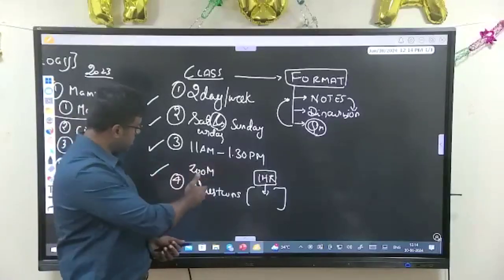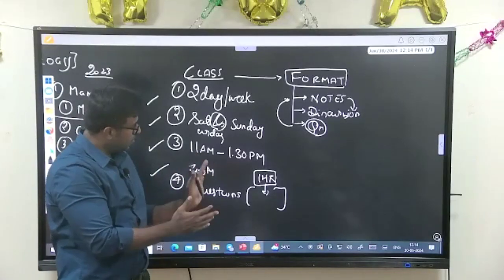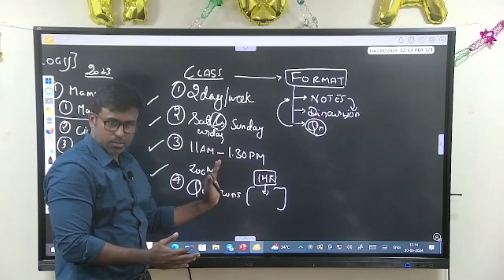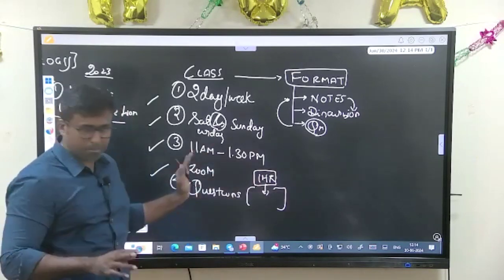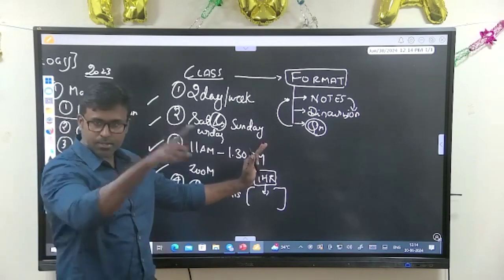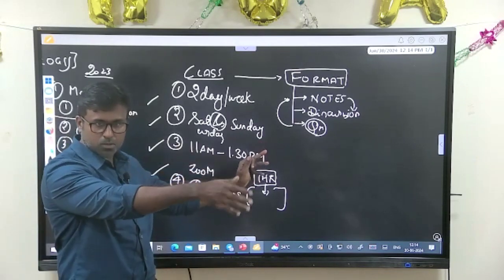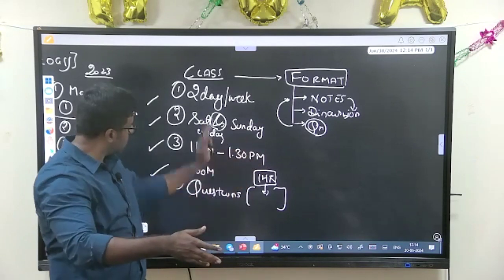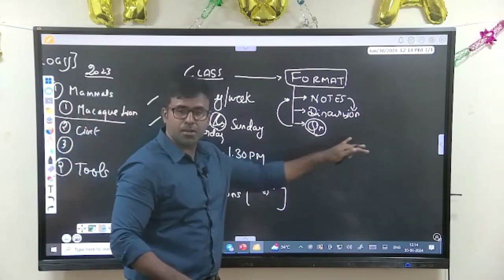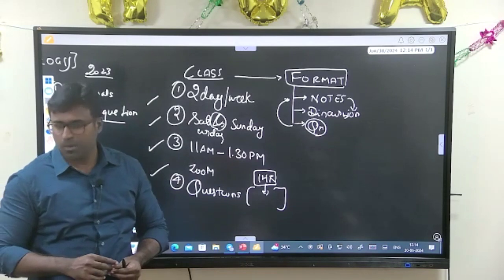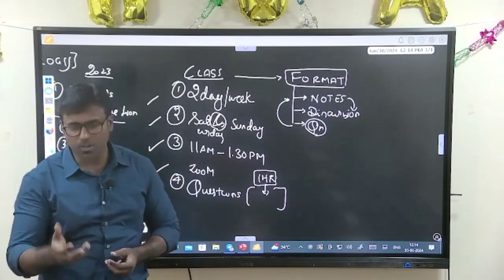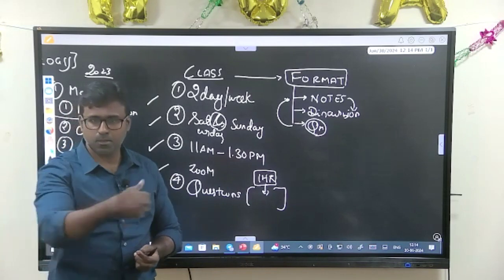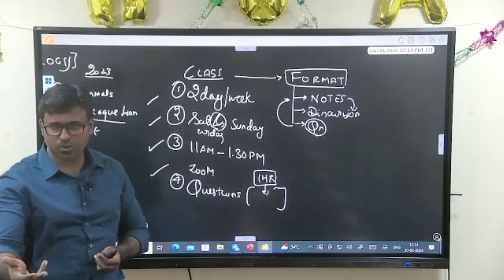That's why I have suggested that once you do this, then you will be able to write whatever question paper comes. So for example, we'll start this now. This time they will ask a question paper in 2024. Slowly you complete and we'll write that 2024 paper. We are more obsessed with the question papers which come from outside. I do not know how that happened. Seriously, I do not know.